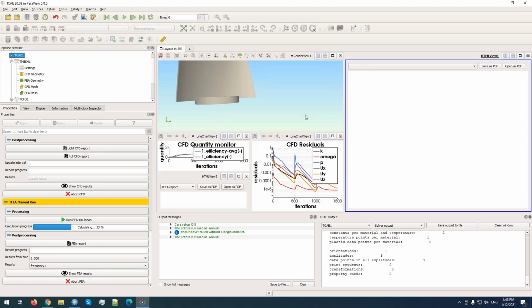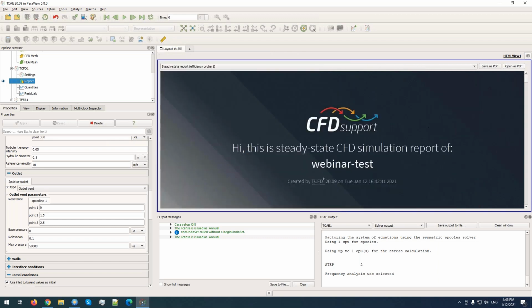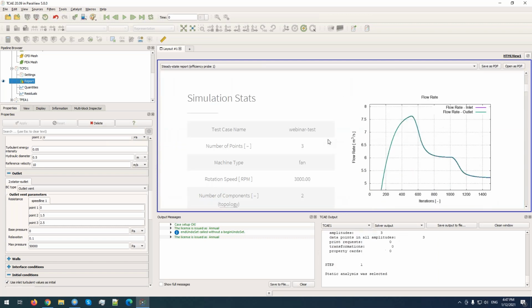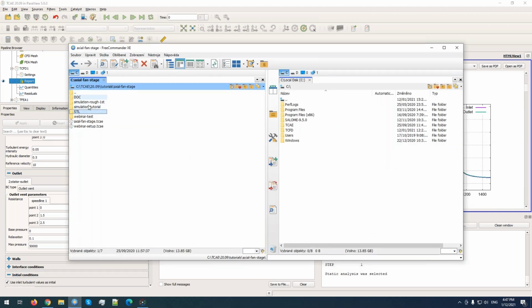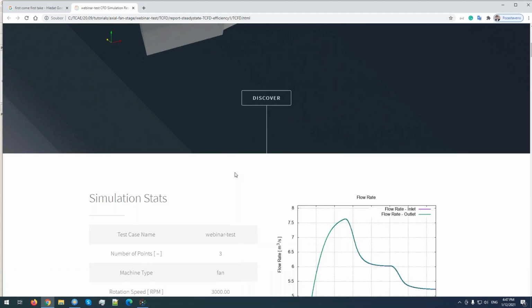Okay, so meanwhile, I think we can visualize here in this HTML view the results of the CFD simulation. So I will click into the report. We can see that anytime after the simulation is finished, a nice report is generated in HTML format. You can open it anytime here in TCFD, or you can open it also from the case itself. So here, webinar case, TCFD, here's the report. So you can anytime open it in your web browser, for example,